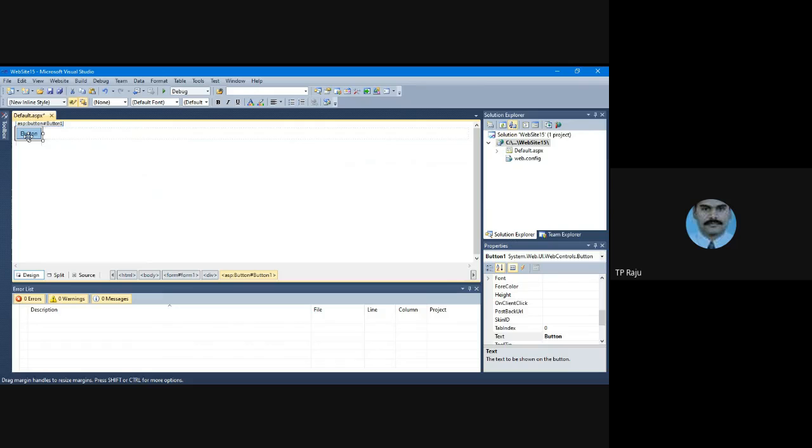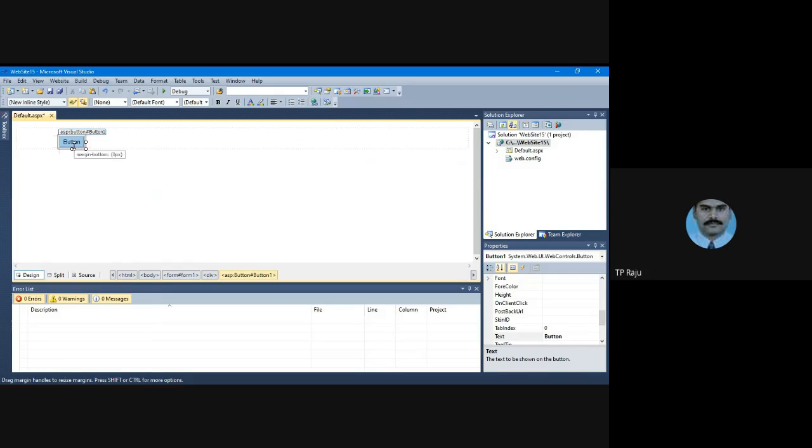You set the button control and click the left arrow, so that the cursor is displayed in front of the button. You can move that button by pressing the space bar. In this way, you can move controls horizontally or vertically. If you want to give some gap, you can press the Enter key also. Select the control and press the Enter key, and you will get some gap. So we are arranging controls.